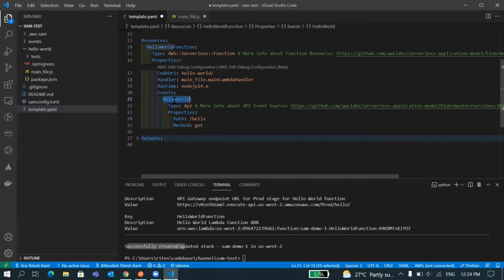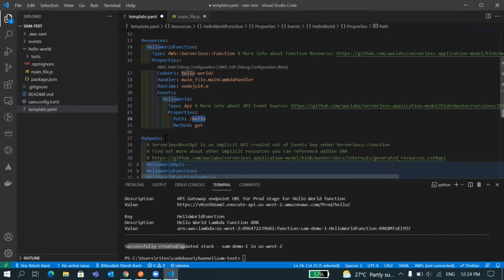So this is the name of the API. It could be anything. So it's been named as HelloWorld, and you can see the type is API, which makes it an API. And inside properties, you can see it's a get call, and the path is hello.